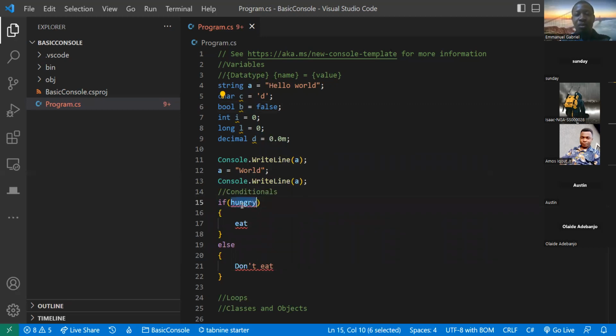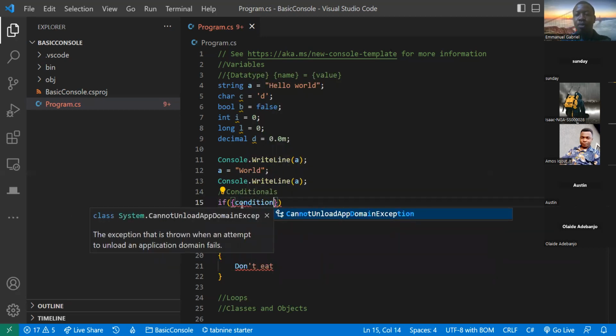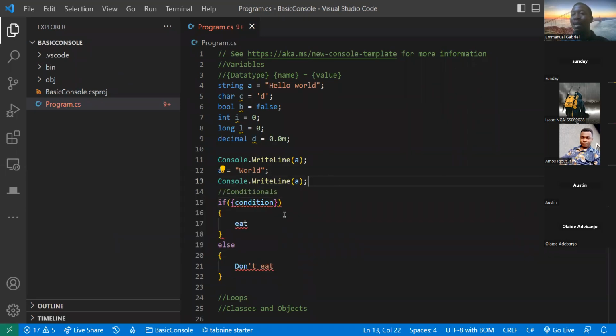Now, what is going to be inside here, instead of just saying if hungry, is supposed to be a condition that is either true or false. That condition allows you to enter this block if the condition is true. But if the condition is false, it allows you to go into this other block. And that's just what it is. Now, how do we write conditions that are true or false? I'm going to start with a simple condition. If 7 is greater than 8,